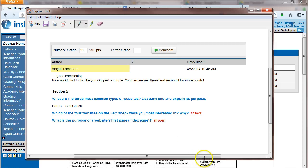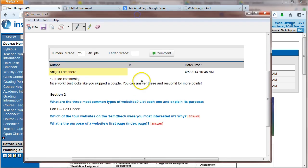I just copied and pasted this from some feedback I gave a student recently, and a lot of times I give you the opportunity to earn points back. So make sure you answer the questions that I checked wrong, or I usually just highlight them if they're wrong and I'll paste them. Or if there's a lot that you missed, especially with the study guide, I'll save it and reattach the study guide and show you everything that you're missing or something that's incorrect, and then send that back to you and give you the opportunity to make those corrections and resubmit it. So make sure you're checking for my feedback on all of the